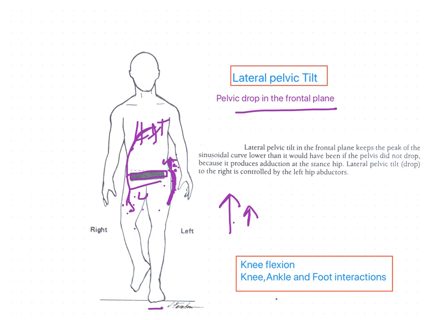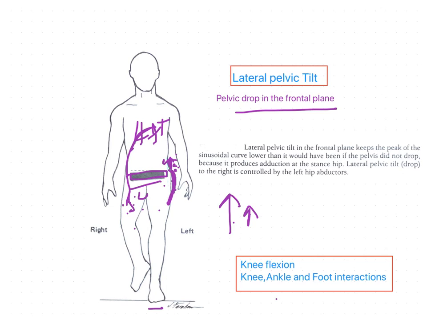Combinedly we can call it as knee, ankle and foot interactions. So movements at the knee occur in conjunction with the movements at the ankle and foot and are responsible for smoothing the pathway of body COG so that it forms a sinusoidal curve. Combined knee, ankle and foot movements prevent abrupt changes in the vertical displacements of the body COG from a downward